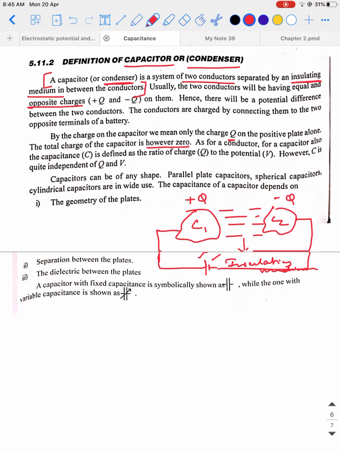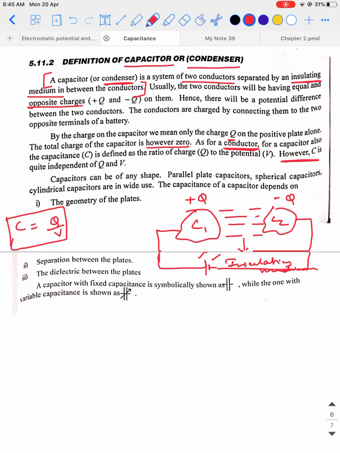Generally for a conductor you have a concept called capacitance. Similarly for a capacitor also we have capacitance. It is according to the same definition. See, the definition of capacitance is fixed. The capacitance definition in terms of electrostatics is Q by V only. If there is any material or a system of charges which has a charge Q on it and the potential difference V across it, then capacitance is always defined as the ratio of charge and the potential difference.